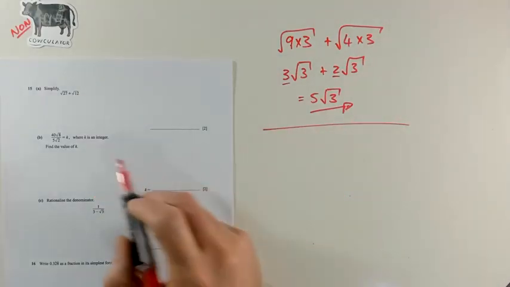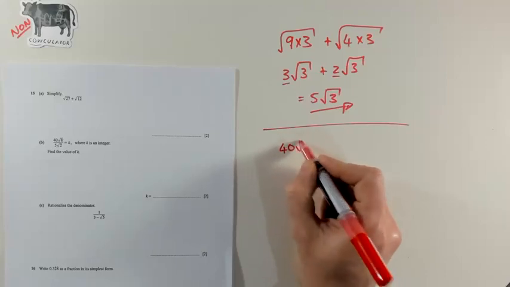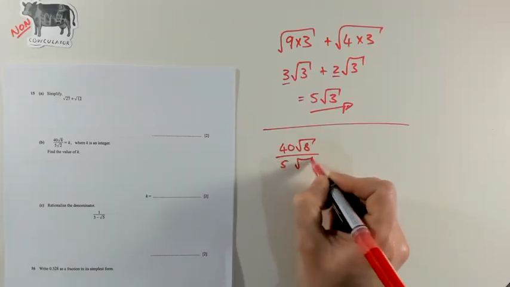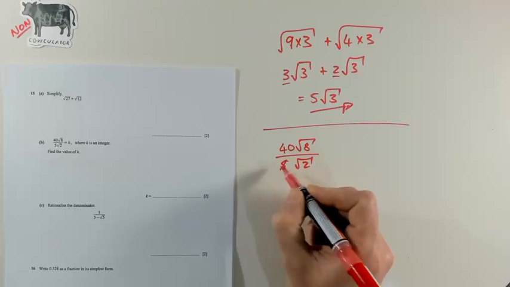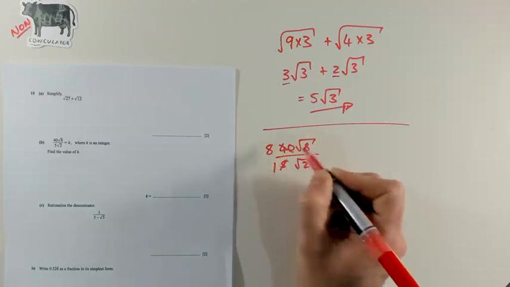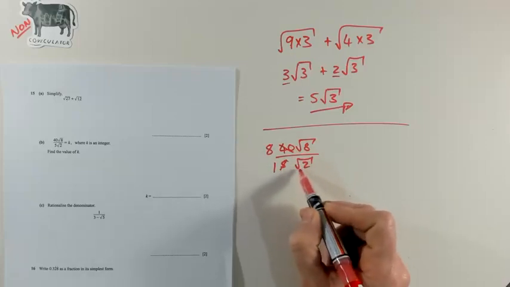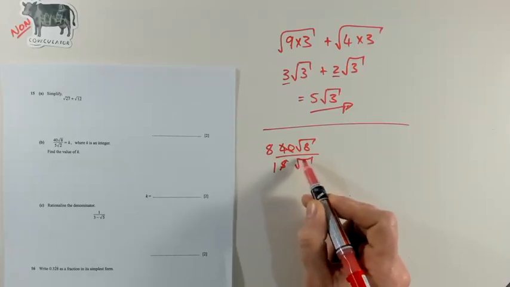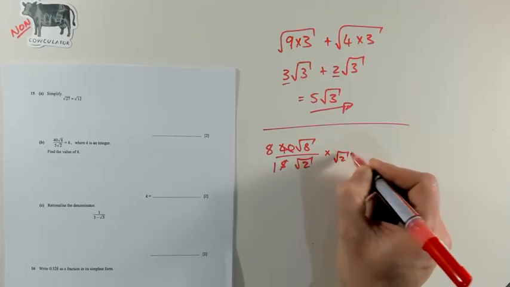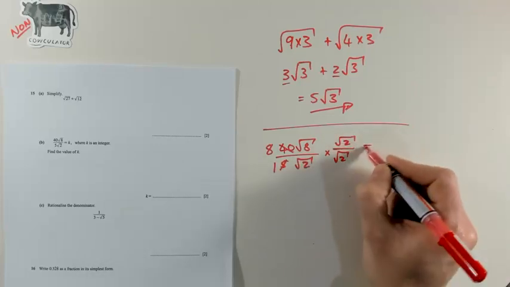So I'm going to first off start with the 40 over the 5. So I'll just write this out and then I can scratch out all I like. So 5 square root 2. So the 5 can go into itself once and into the 40, 8 times. And then I'm going to be left with this square root thing at the bottom, and I don't like square roots as denominators, so I'm going to rationalize the denominator,